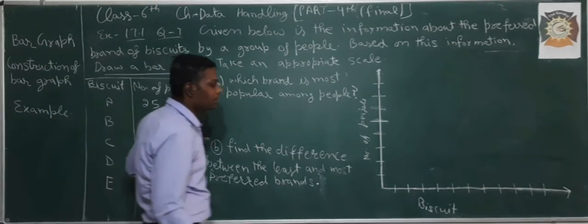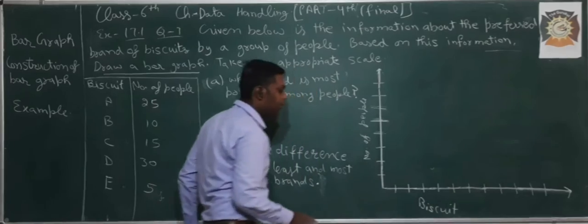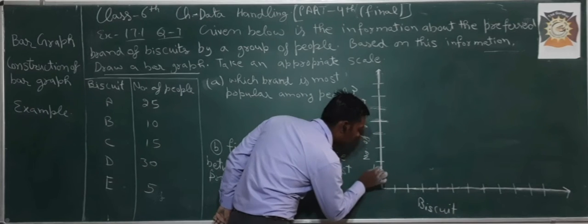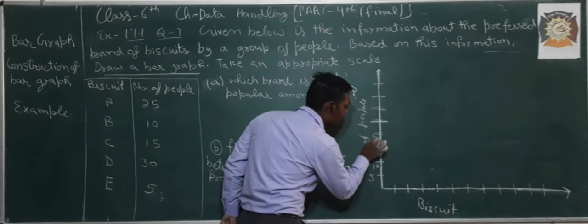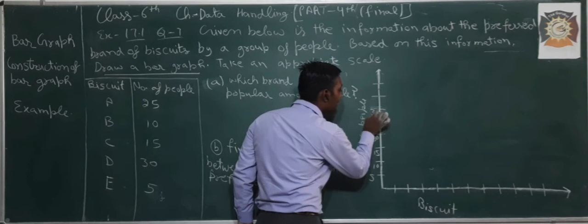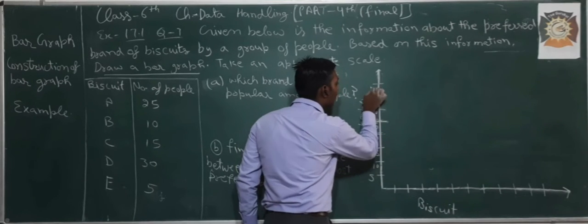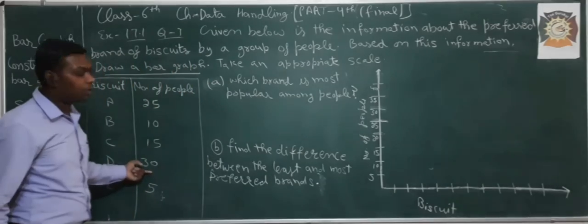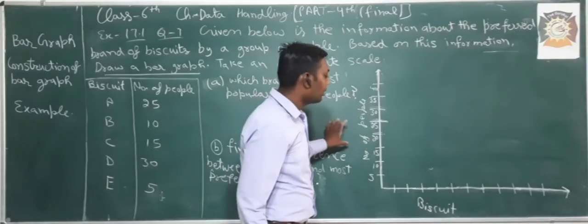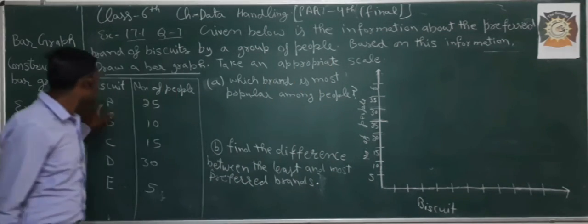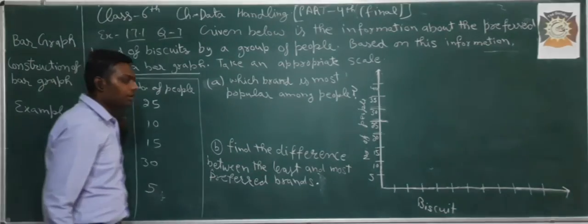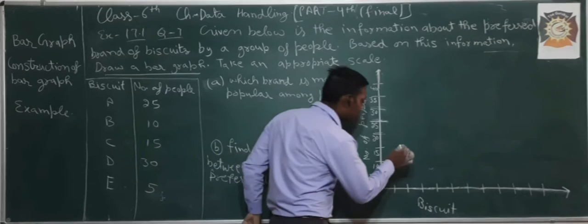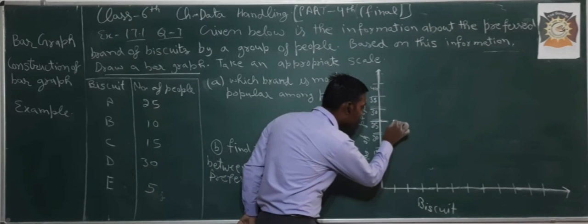So we have to make the difference between the gaps 5: 10, 15, 20, 25, 30, 35 or 40. You may increase it up to, we have 30 which is sufficient, but we take one or two extra. Now we have to represent the brands. Take the first, that is brand A, and its value, number of people who like A, is 25, that is here. We have to draw a bar